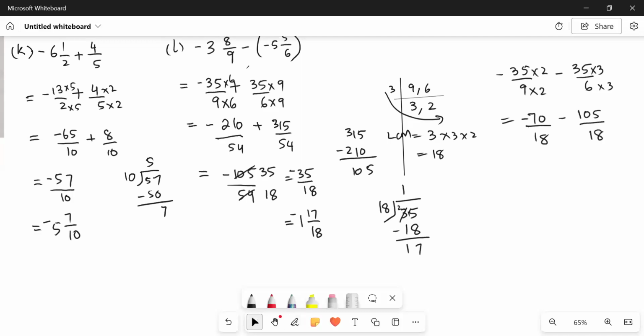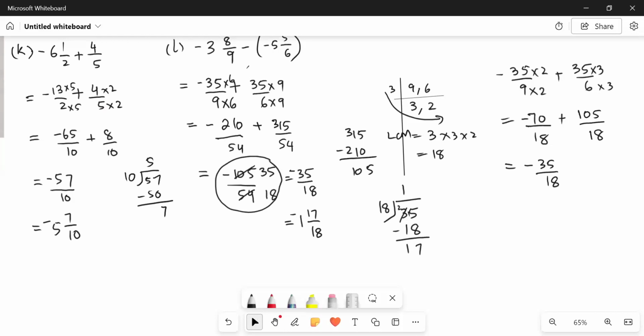So you see, in this case, we are getting the same denominators and small numerators, not very big numerators. Okay. So we can use this method as well. If you find it easier, you can do it this way as well. Now, minus 70 plus 105 is equal to 35. So it would be minus 35 upon 18. So you see, this step is skipped. That is, we don't need to simplify it anymore.